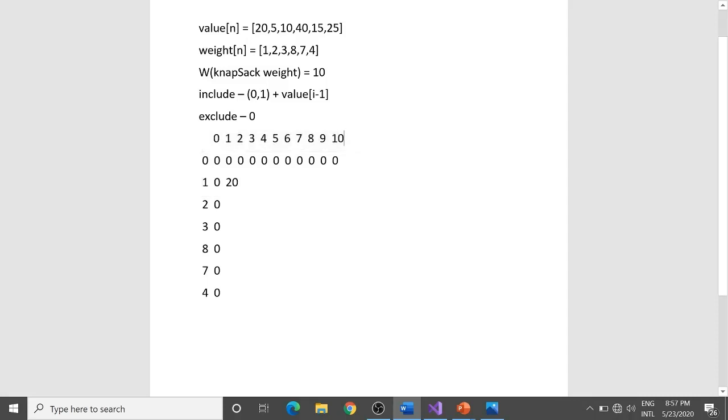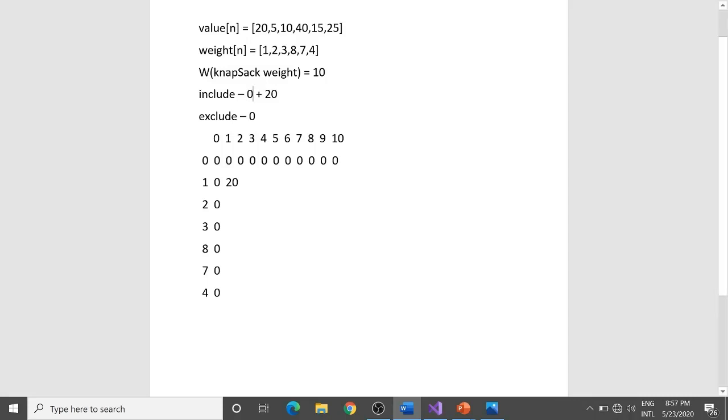Again, if you do not understand this, please rewind the video and have a look at it, and try to make this problem with the help of the recursive algorithms which we have discussed earlier. Just try to map with them. You will surely understand what I am doing over here. So again, just recurse for the remaining elements for the weight of 1, but I would be adding the value of I minus 1 to it. So the value is 20. And the answer to 0 comma 1, where can I find this subproblem? It's over here. It's 0.